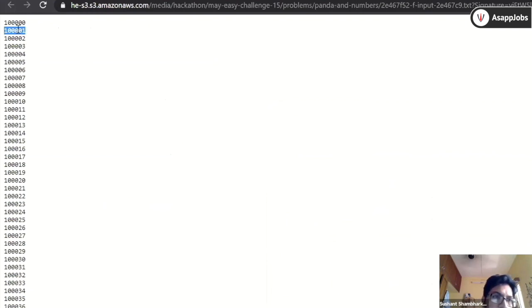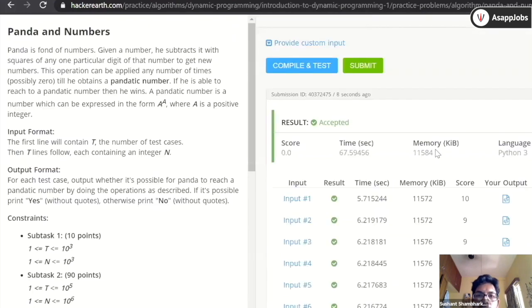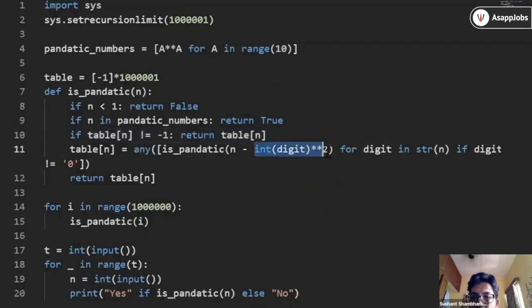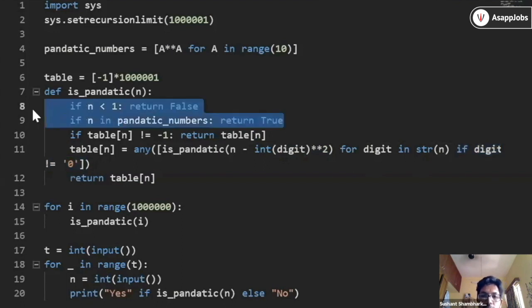The first number here is 10,001. So for 10,001, what will our program do? It will try to subtract any digit, like it will subtract one, because the number is 10,001. There are only two digits, 0 and 1. For 0, we have already put up a condition not to go into 0 because you will run into an infinite call problem. And for 1, it will just subtract 1 and call it for 10,000, then 9,999, and the recursion depth will be very high. It will keep recursing till it reaches these two conditions, and we don't know when it will reach them. It will be very high.